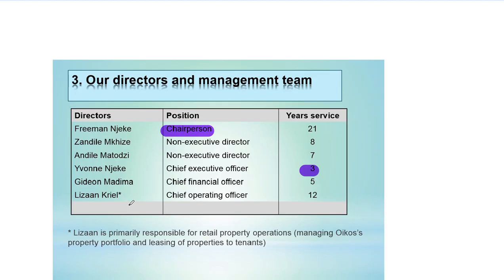And then when looking at all the directors entirely, there were a total of 6 directors. If you count together, it's 1, 2, 3, 4, 5, 6. And out of these directors, per recommendation of King 3, the expectation is that the majority should be non-executive. But when you look here, only 2 are non-executive, which now raises a concern in terms of the recommendation of